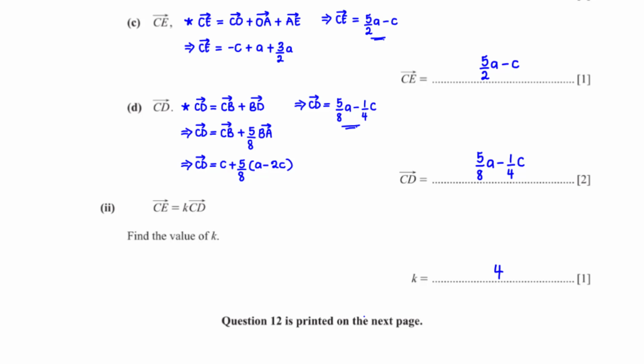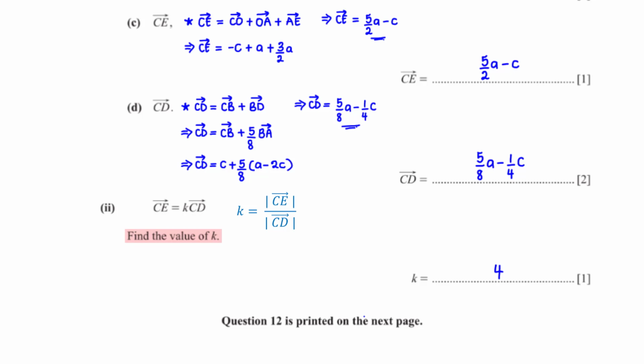CE equals K times CD. Find the value of K. When we make K the subject, we get CE divided by CD. We can't divide the two vectors, but instead, we can divide the magnitude of the two vectors to get the